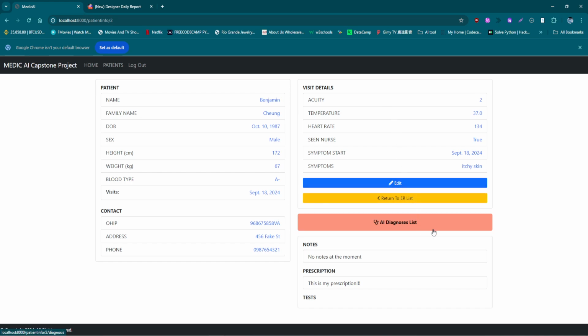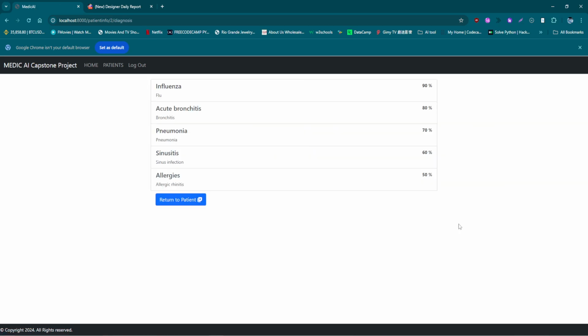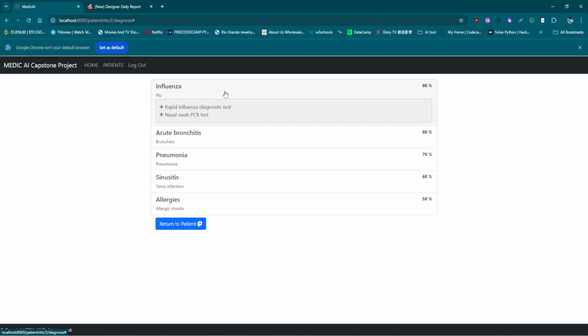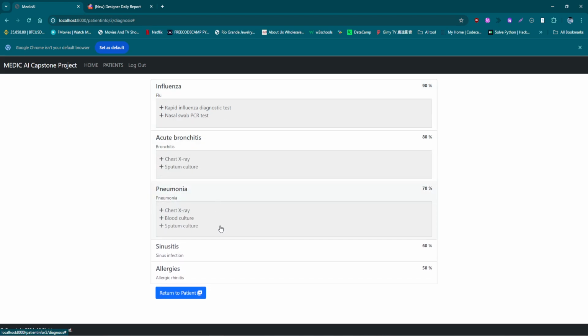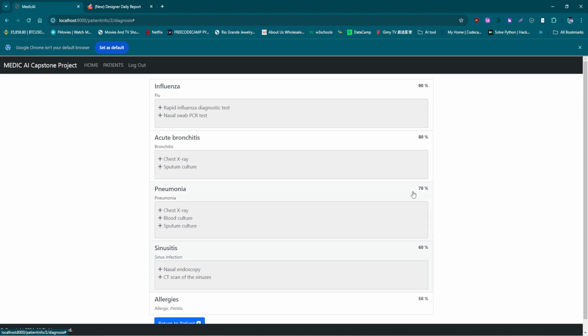All right. This application relies heavily on the use of an AI diagnosis. So what we can do is, for our patient with the symptom here, we can click on this route, and after a few seconds, it'll take us to a new page, which, after having called the Gemini API, lists the possible diagnoses based on their percentages and descending order. Each of these diagnoses can also be opened up to show different prescribed tests that can be given to the patient depending on what it thinks